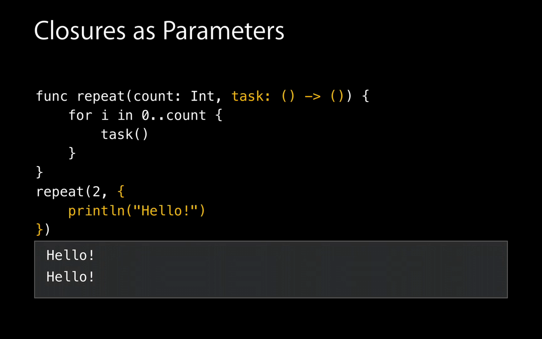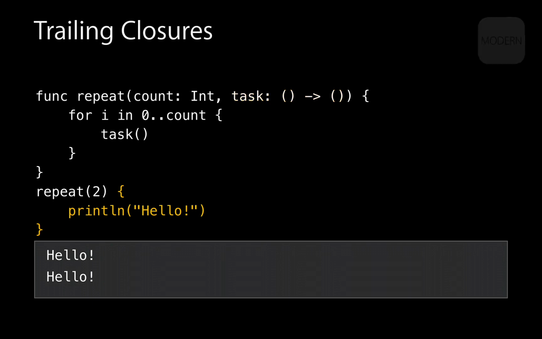I don't know about you, not so keen on that syntax. And we can do something really special in Swift, and that is if the closure is the last argument to this function, we can shift it outside of the parentheses of the function call and turn it into a trailing closure. This makes the code much more readable. It looks like a control flow statement now, which it is in this case, and much more readable, much more modern, bringing trailing closures in. So that's closures. We've talked through functions. We've talked through tuples. To take us forward, I'm going to hand back to Dave to go through data types